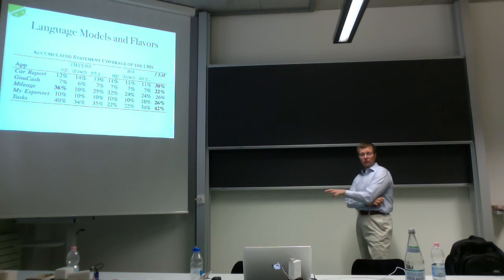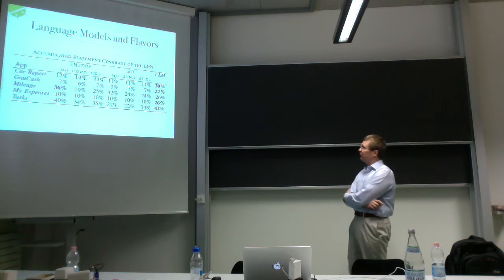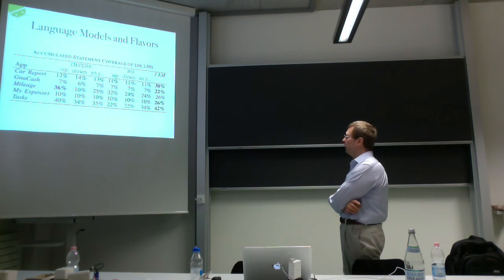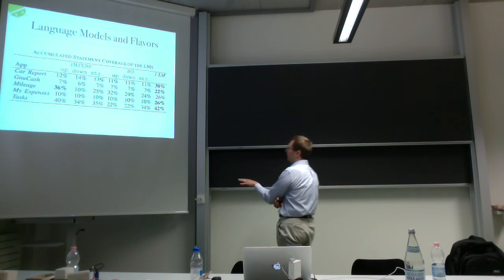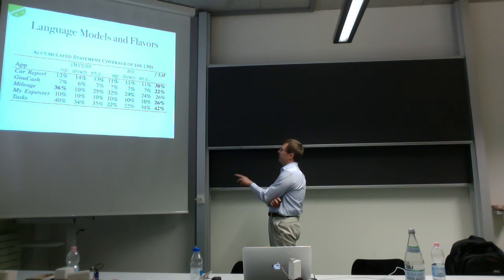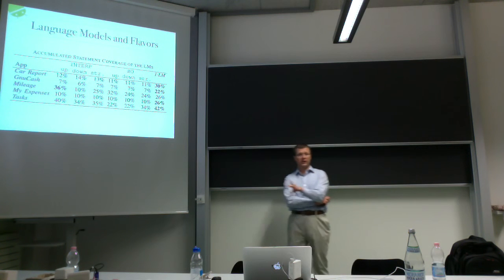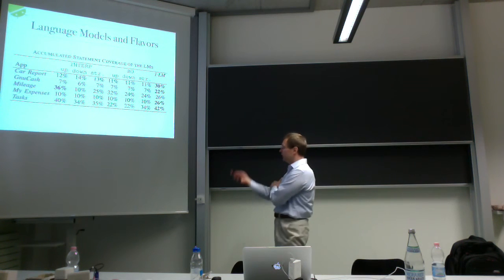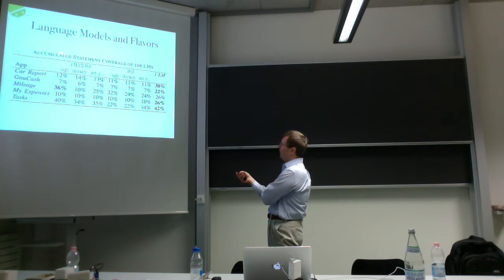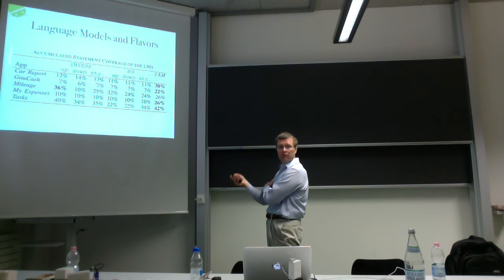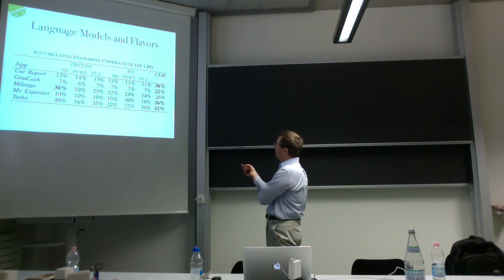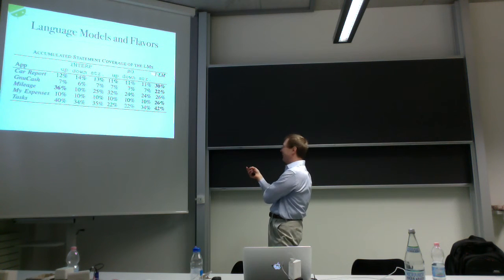So this is just a snapshot of the results. You can go for more results in the paper, but what you can see here are different statement coverage values for different flavors of language models. So here, this is a flavor which is based on interpolation on backup models. So these are all flavors for the serial mode, okay, across different applications. And these are the results for the language model which works in interactive mode